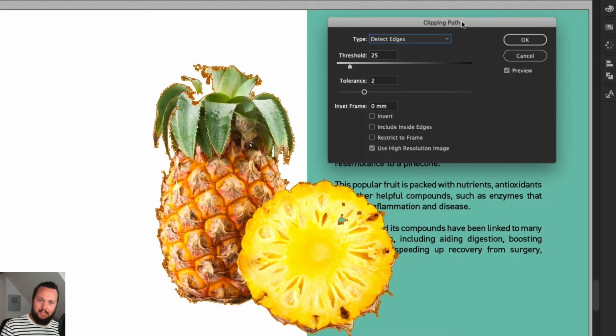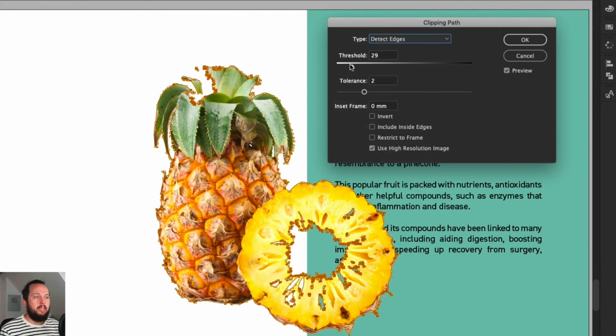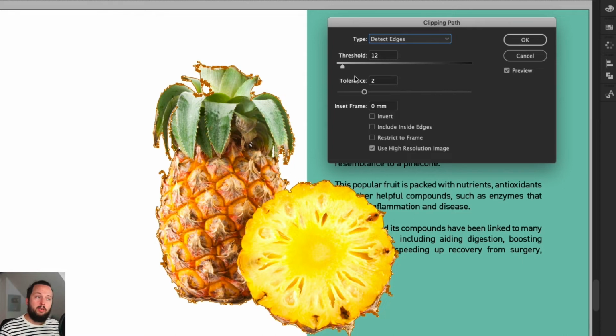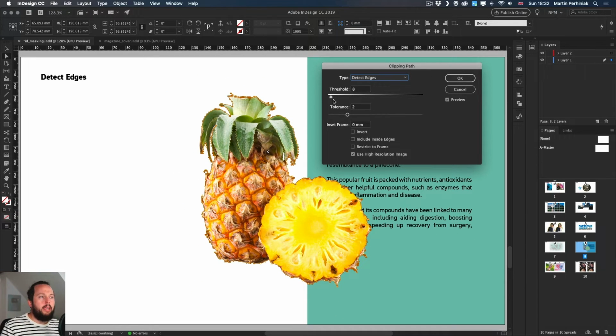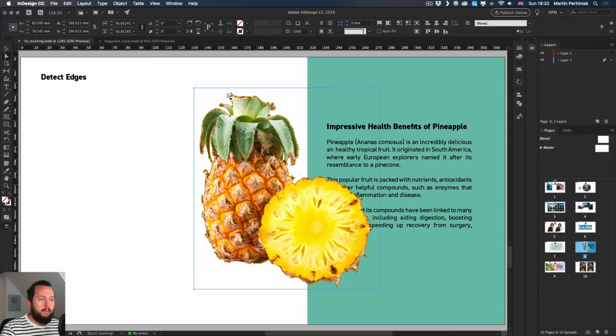Again, it tries to identify the high contrast details, and based on that, it's going to create the selection using a path. Now, there are a couple of additional options here. You can increase the threshold or decrease the threshold. In this case, a decreased threshold is probably better because you can see a few details were lost if I had a higher threshold. Because it's a completely white background, I could go down really low with the threshold, and I could further refine it if I wanted to by clicking OK and just using the Direct Selection tool to move any of these